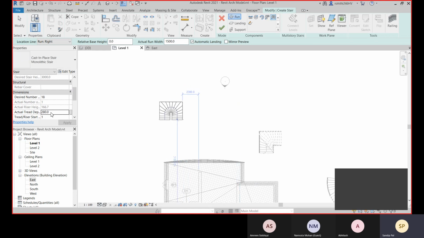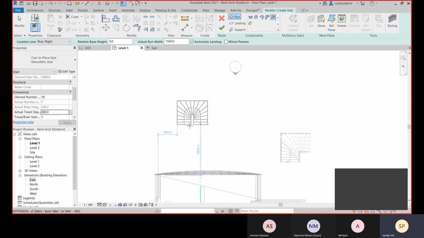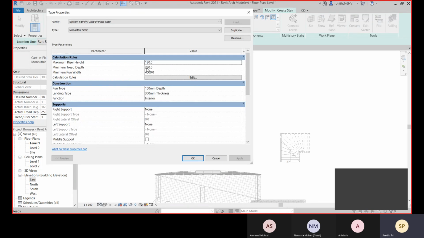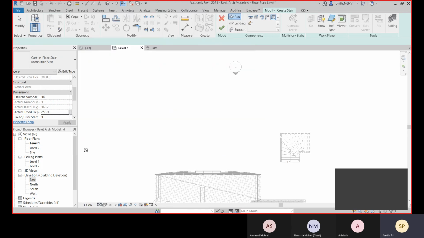Okay, so it's not possible to create this one. Let's define it with 250. That's because this is the minimum thread depth. So here let me change it to 200. Go with this.